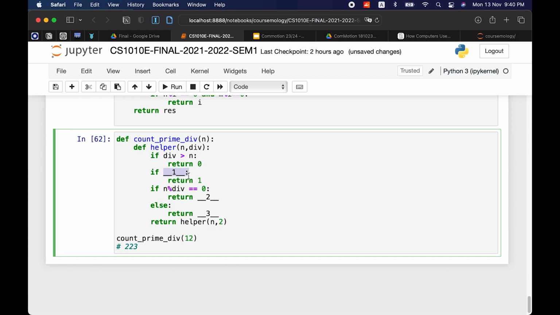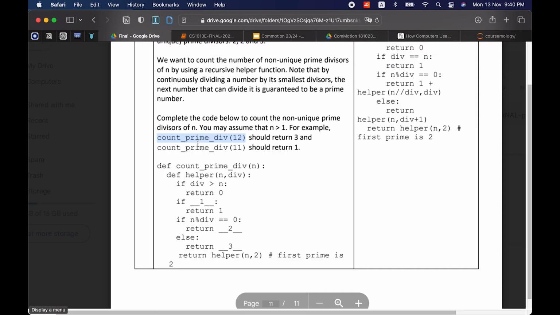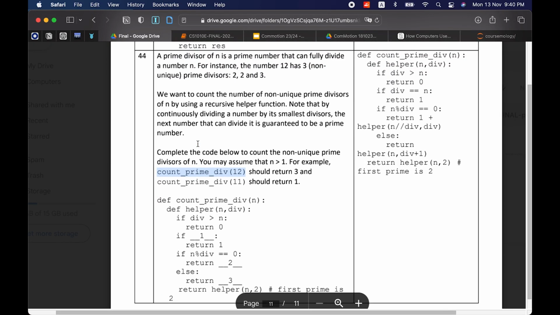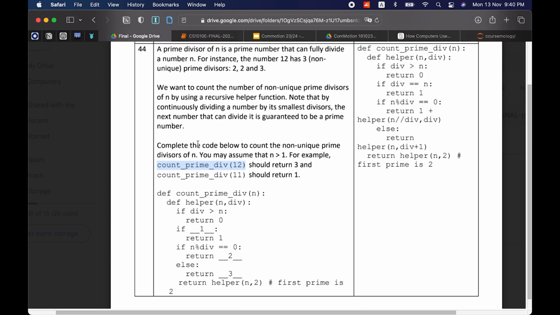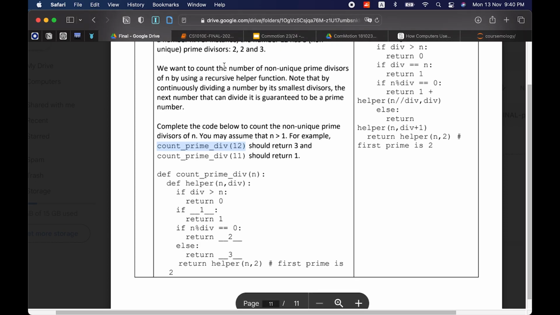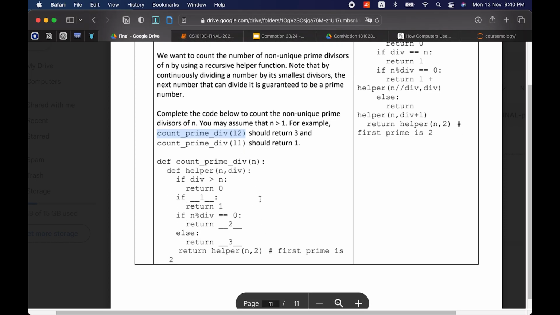So if what, then we return 1. So, where did this come from? Oh, the first prime is 2.